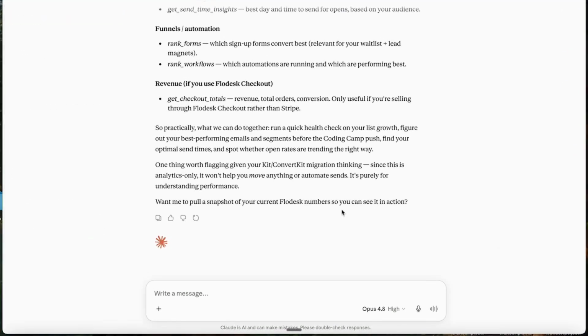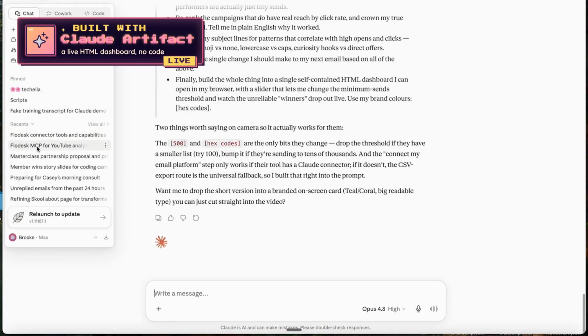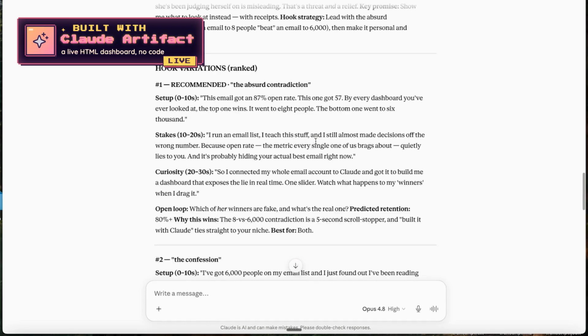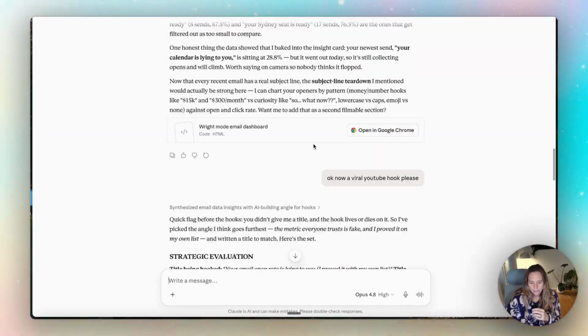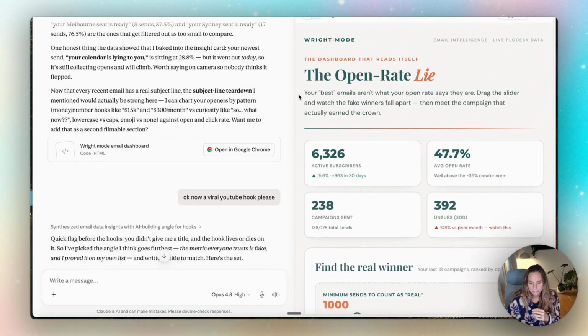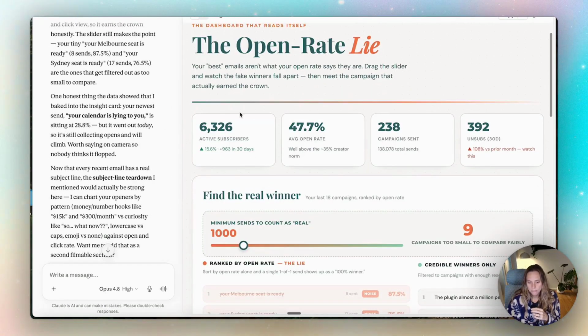Now let's jump into our dashboard that I've created over here. I have basically just created this HTML dashboard, and this is just an artifact in Claude. And so what it has done, it's pulled my subscribers. I've got an average open rate of 47.7, which is actually pretty high in my niche, which is awesome. And then it's also how many campaigns I have sent, and also my unsubscribes, which are sitting pretty high at the moment because I've had a few viral videos which people sign up for lead magnets and then bounce,